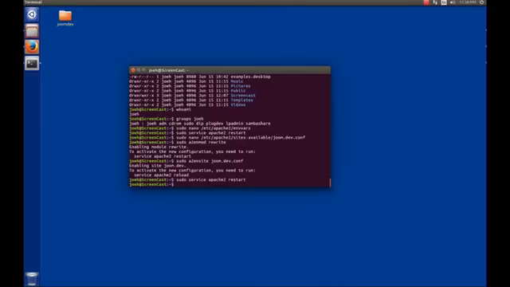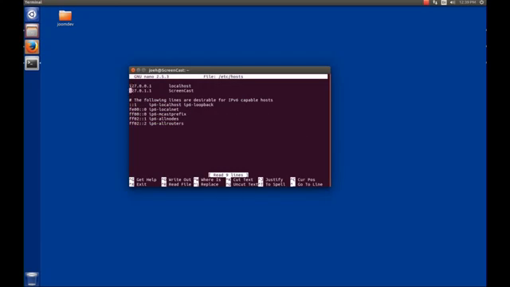So the next thing that we need to do is, if we had DNS mapping for our domain, we would use DNS, but because we're keeping everything local on this machine, we have to figure out a way to let the machine know what address joom.dev is. So in order to do that, we're going to edit the hosts file. So we're going to sudo nano, and the hosts file is located in /etc/hosts. Okay, and when we open this up, we're just going to add a line. What's the IP address of joom.dev? Well, it's going to be the localhost, right? It's the same machine, so we're going to put